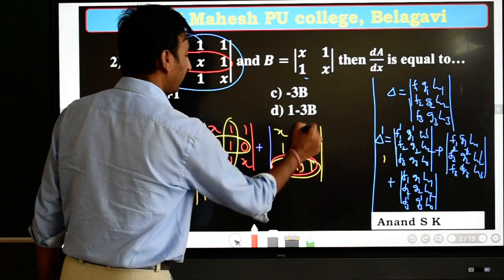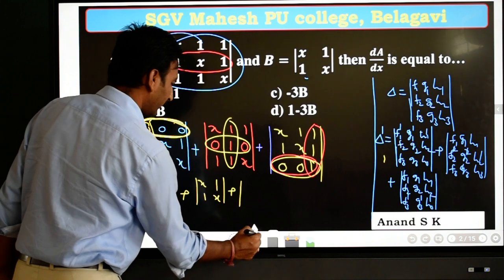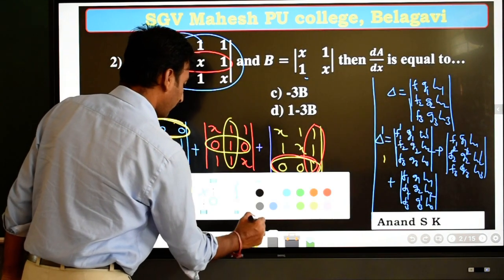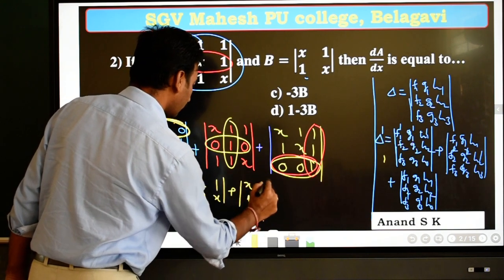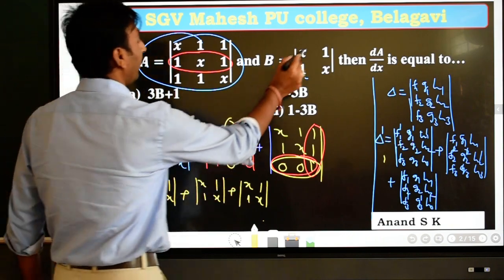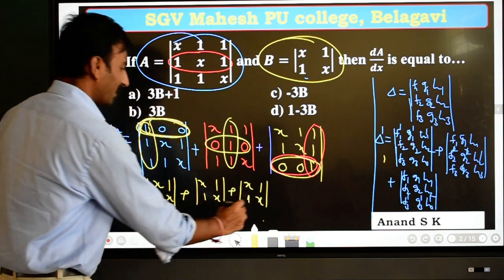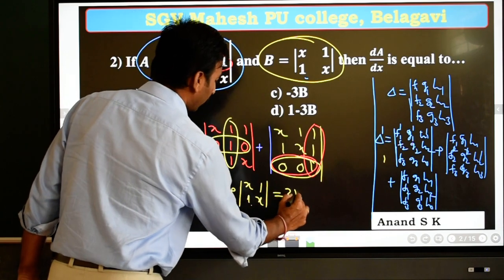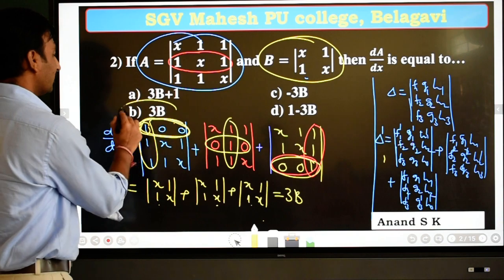then obviously the third row and third column vanish, the remaining minor is x1 1x. So now the comparison is so easy for us. Look at our b is exactly like x1 1x. So I can say here it is, this is b, this is b and this is b, this is all equal to 3b. This is how we can get the answer for this, and our answer is 3b.